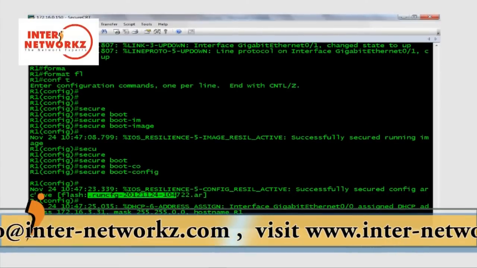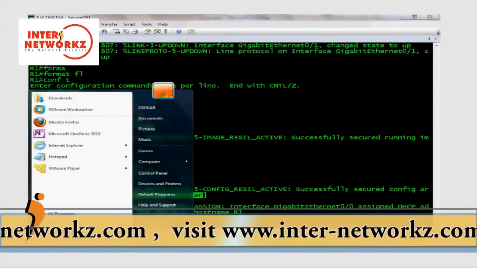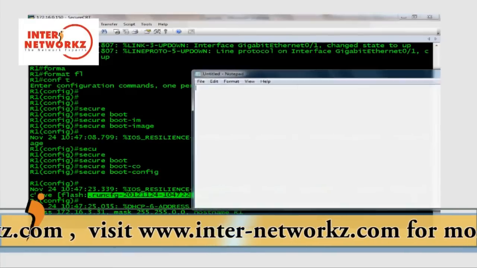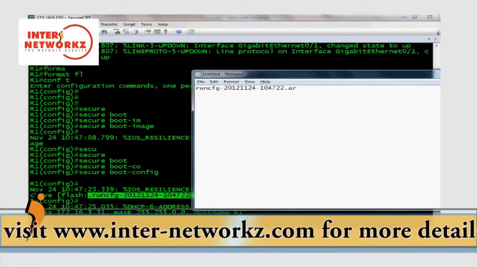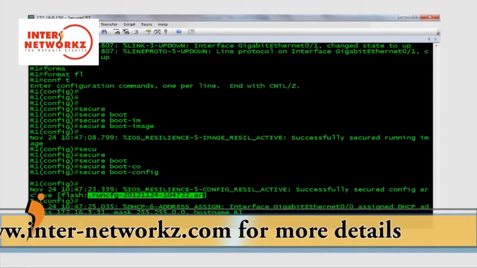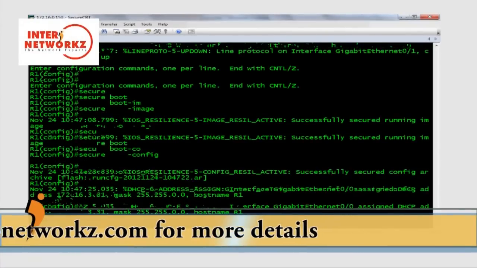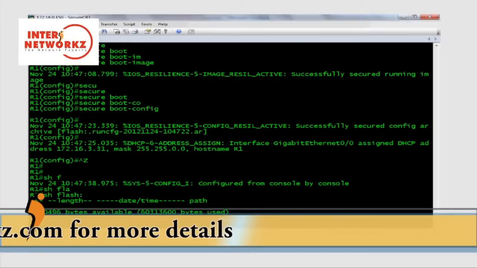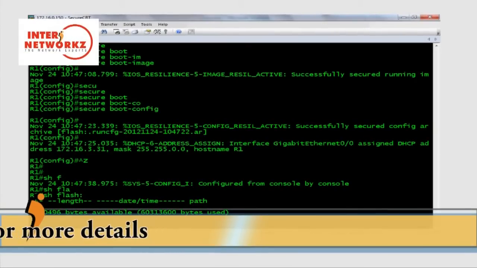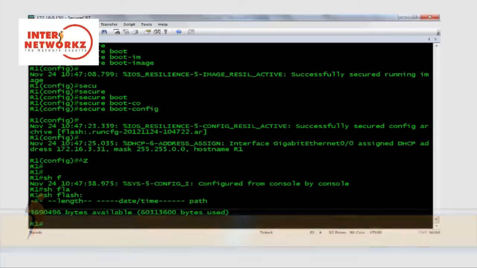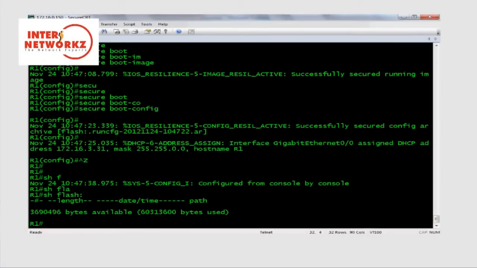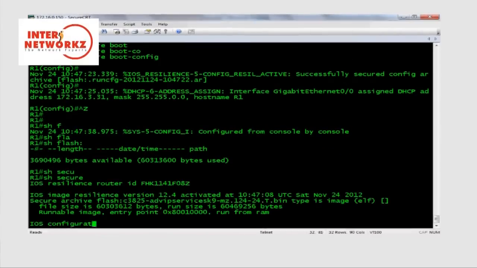You have to note down this file name, because this will be helpful while recovering, right? For backup I'm keeping this name, and this file will be stored only on the flash memory. By executing show flash, you cannot find that file, because if any unknown person comes and accesses your product, if he sees this file, he will delete it. So this file will be invisible,